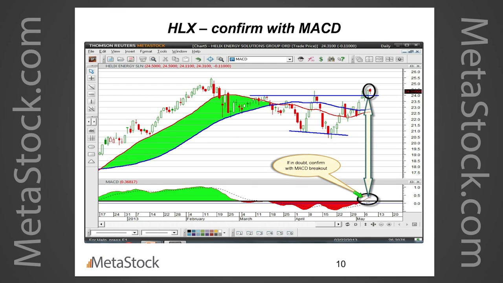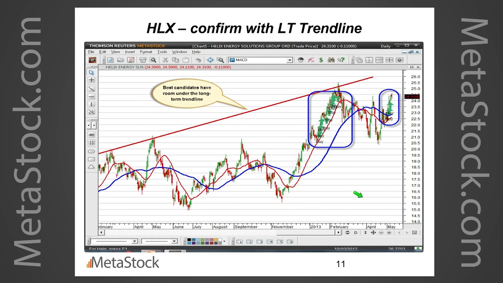So HLX was a nice trade. Everything was going for it. Everything looked good. The one other point we were wanting to make, sorry, just getting over some bronchitis here. The other thing we wanted to check, this is point number 2. We have the MACD confirmation. That's obvious. Point number 2 was to make sure that the closing price of the signal day is well below the resistance trend line. If I can pan back a bit to see the chart from a longer term perspective,